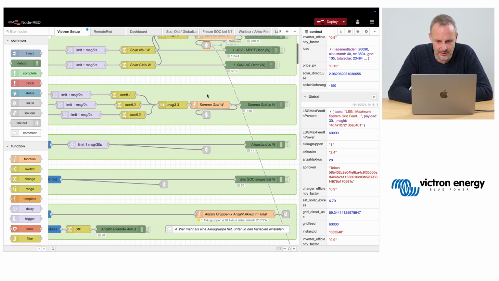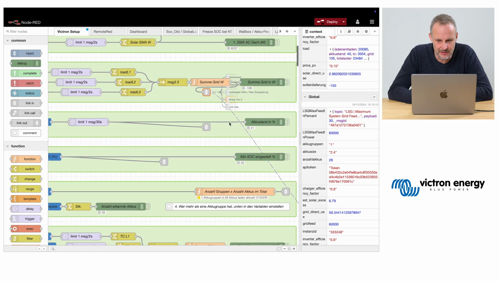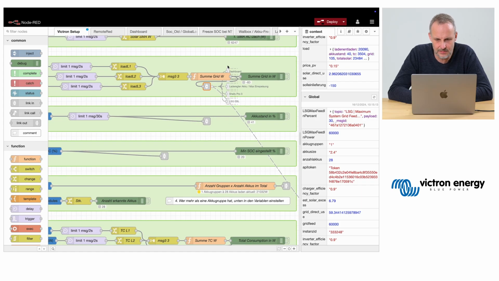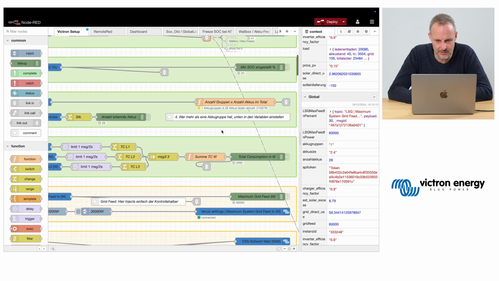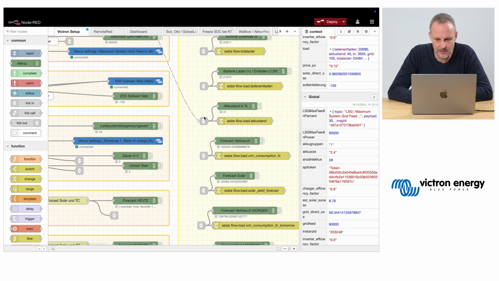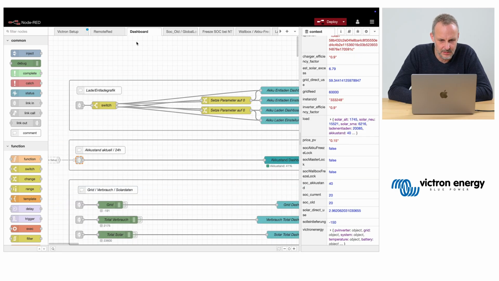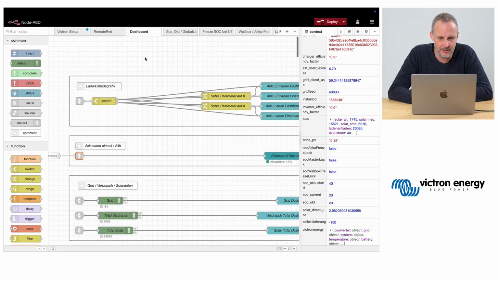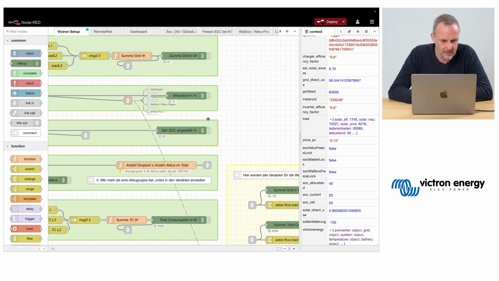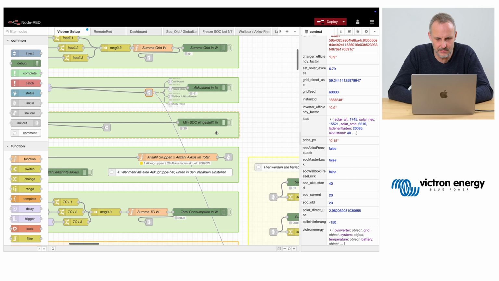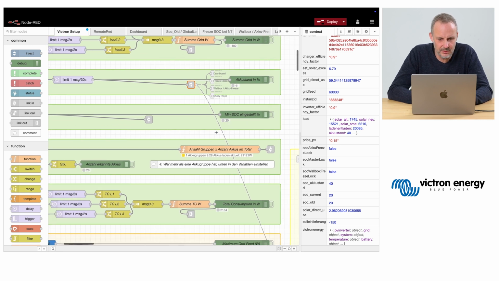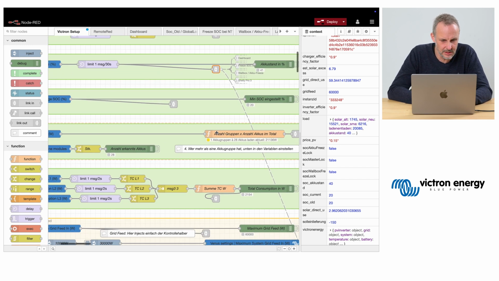And we also have here the links to other tabs even. So it's not only within this flow, but this one also goes to another tab. And you also see, well, this one I clicked, and that way you can switch between one flow and the other one, which is really handy.